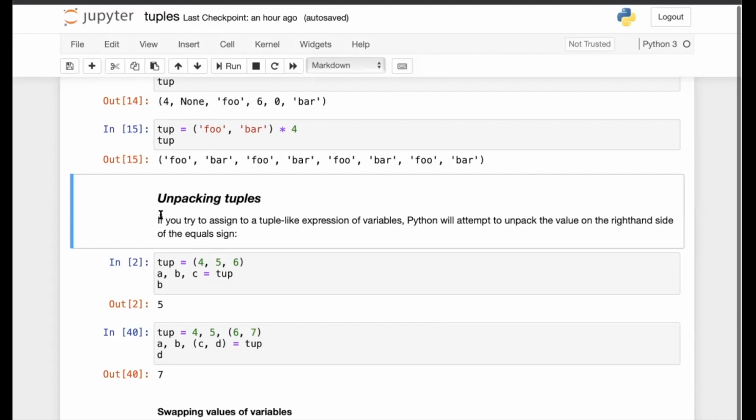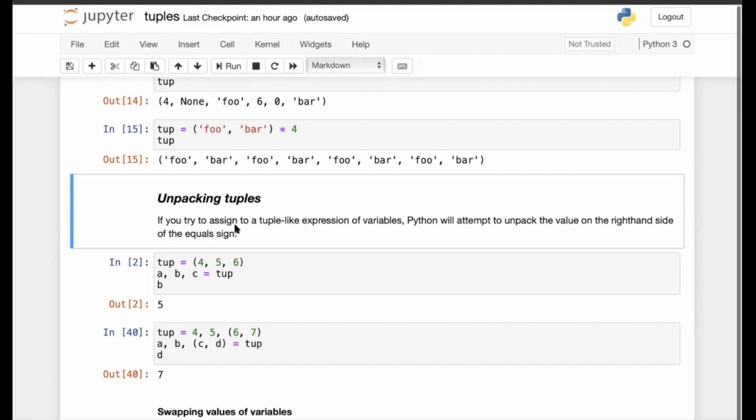So what we are doing, we are assigning a tuple. The tuple would be on the right-hand side of the assignment operator, and the variables to which we are assigning the tuple should be on the left-hand side. And the number of the variables should be the same as the number of the items in the tuple.